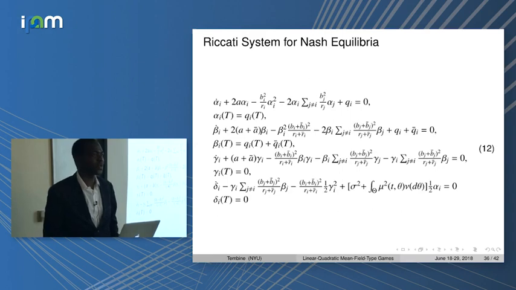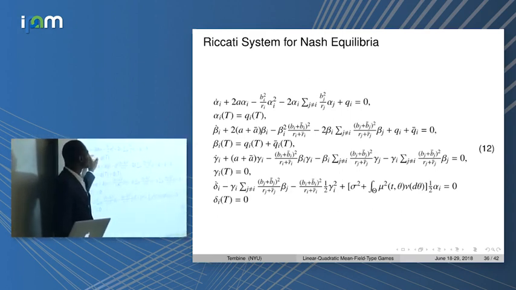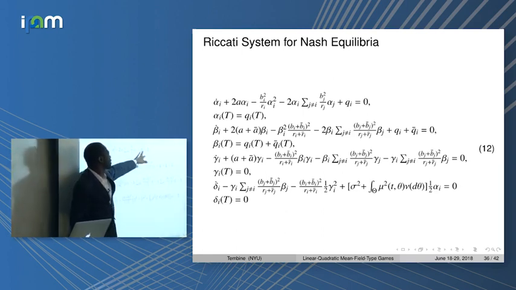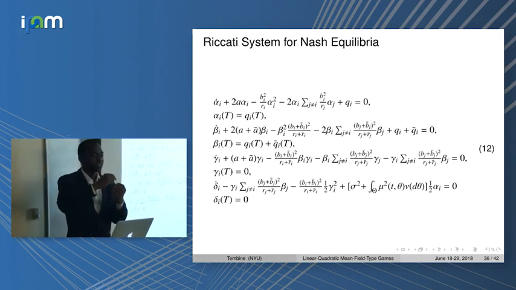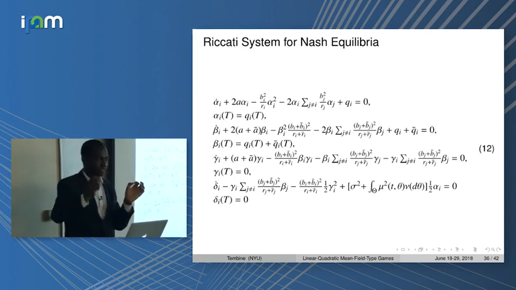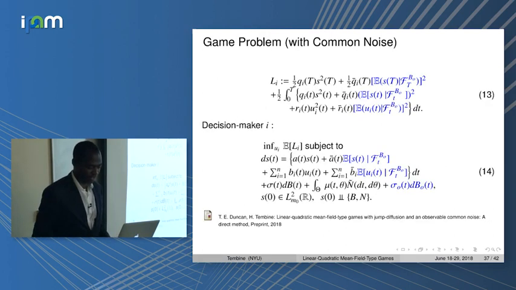So you need to show that there is a positive solution to this system, which is relatively easy. In this case, you need to assume that this Qi is positive. We are minimizing a cost, so the coefficient there should be positive. It's not really a big assumption. You need to assume this is positive because the coefficient behind the quadratic should be positive. If you put negative, it's the same thing we have seen with the log last time. So you get finite time blow up if you change the sign there.